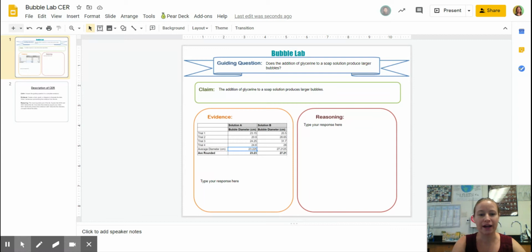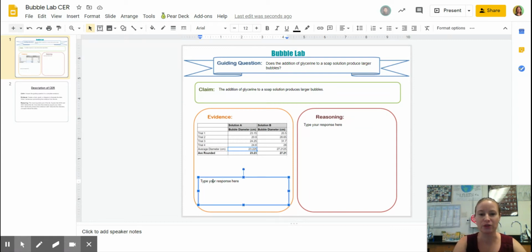Now, why do I have this down here? You have to write a couple sentences summarizing the chart. So you want it in chart view so it's easy to see, but you also want to describe your data. So we're going to say what I just said. Solution A, actually I should say, solution A produced bubbles with an average diameter of 23.23 centimeters,